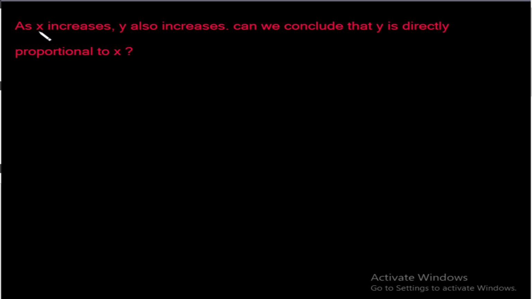Question number 4. As x increases, y also increases. Can we conclude that y is directly proportional to x? No, we cannot conclude that y is directly proportional to x solely based on the observation that y increases as x increases. So here is the detailed explanation. Here we will deal with direct proportionality